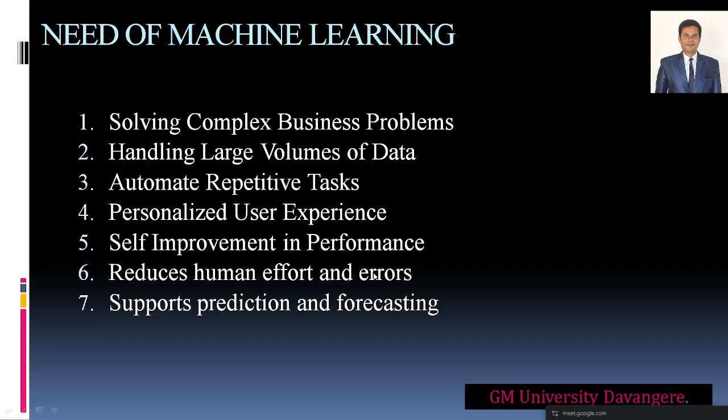It also supports prediction and forecast. For example, you are staying in your office, and during around 4 o'clock or 5 o'clock, your distance from your office to house is around 2 kilometers. If you give the input to the machine, asking what the weather will be from 4 to 6 or 6 to 8 or 4 to 8, it will try to tell whether I can reach home.